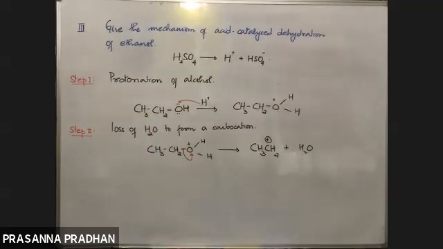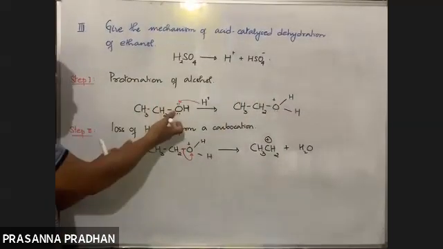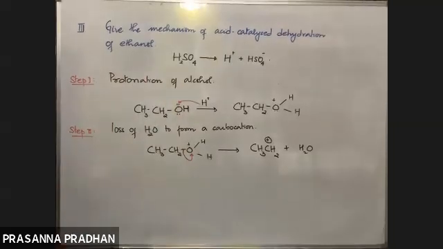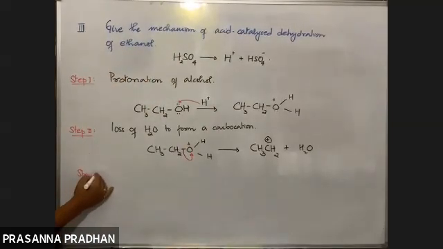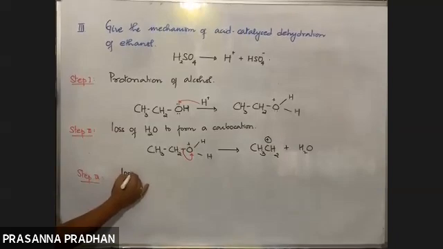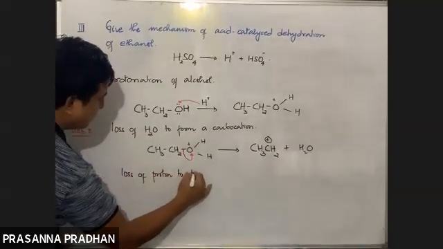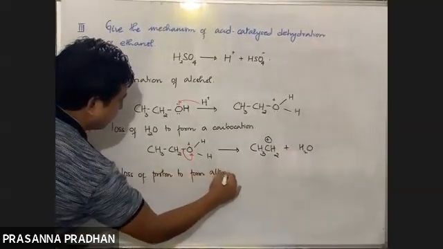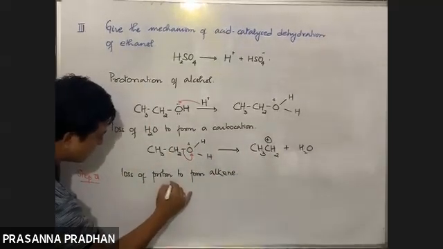Good, excellent. Now you must be wondering, we have used sulfuric acid as a catalyst. Sulfuric acid तो फिर से use हो रहा है. A catalyst is consumed again. H positive तो consume हो रहा है reaction में. It should not happen. So what happens in step 3? Step 3 में क्या होगा? Loss of proton to form an alkene. So what happens to this carbocation now? So we have CH3. I'll draw CH3 in this way.